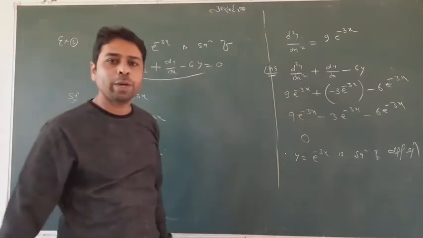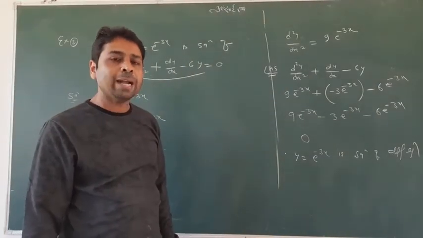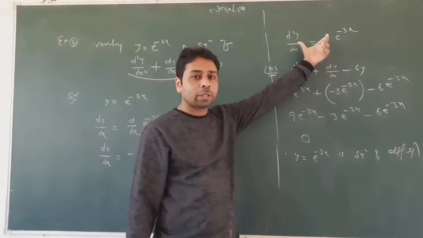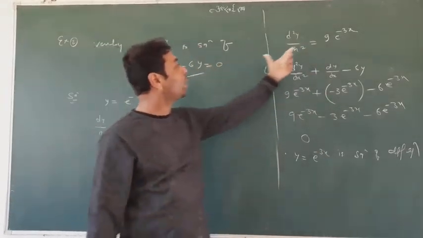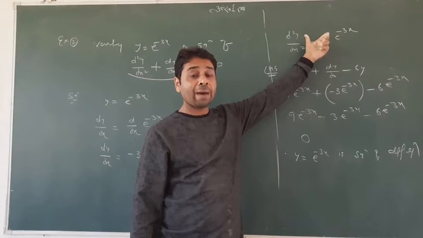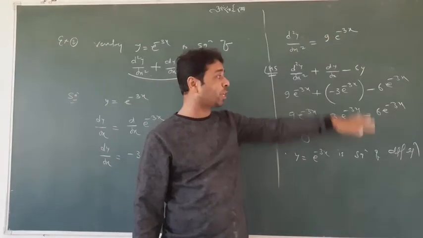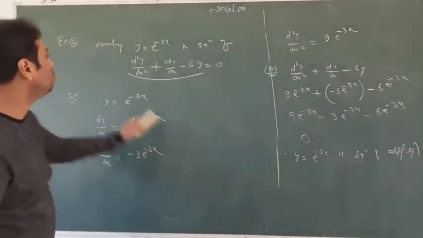It is verified, meaning y is equal to e to the power minus 3x is a solution of the given differential equation. This is the way of solving. And one thing, the left hand side was essential here because I was not getting the complete answer at once. If you get the complete answer at once after doing the required differentiation, you need not take this step. I will tell you one example also from the book.